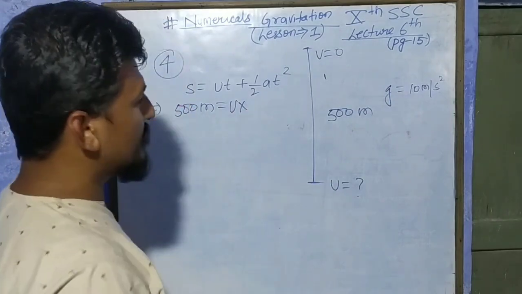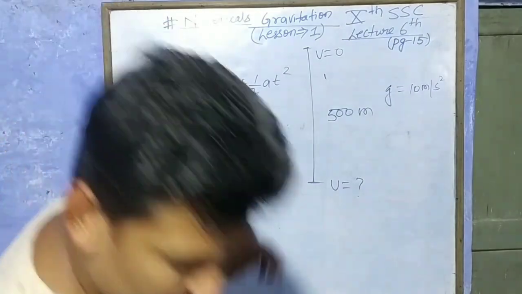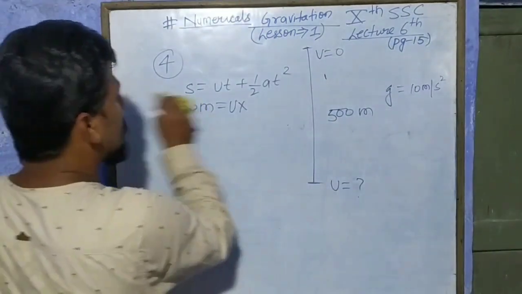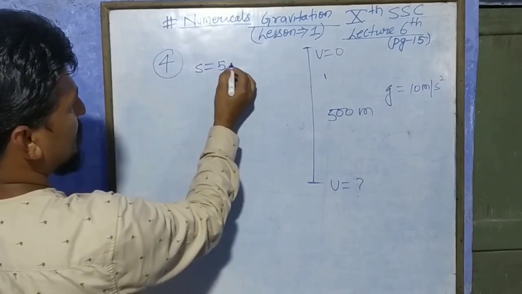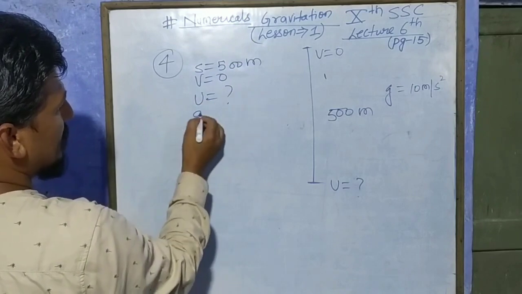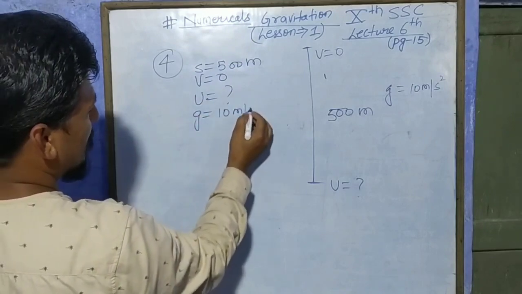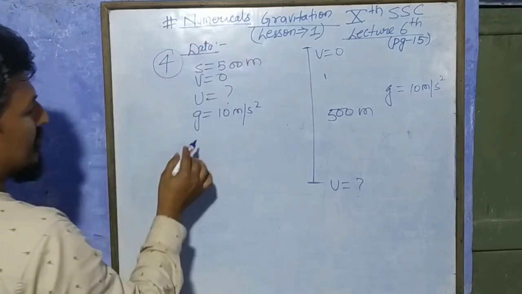You don't have the value of t, right? T is not known, so don't use this formula since two variables are there. Fine. Here S is 500 meter. V is 0. You have to find the value of U. G is 10 meter per second square. This is the given data. Now the formula is...